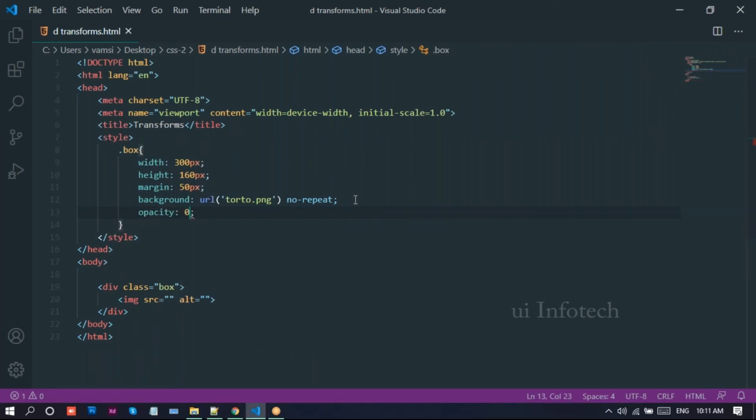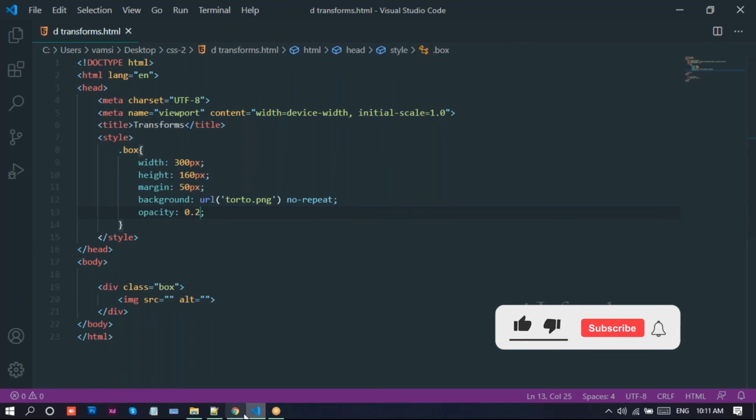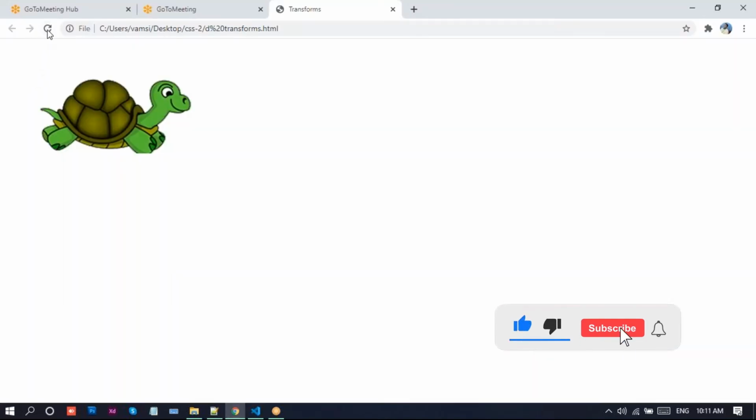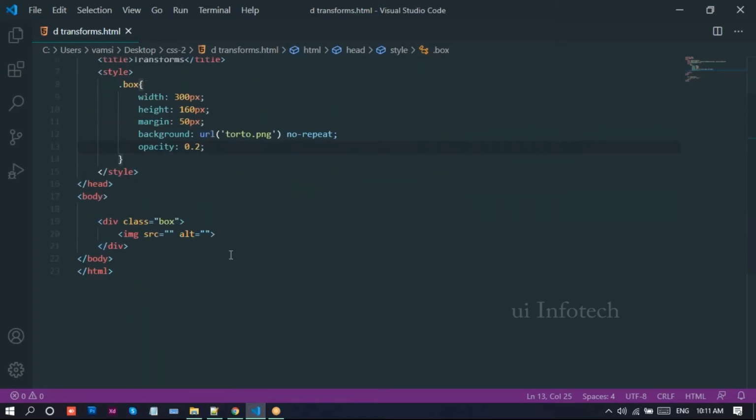For this tortoise, I'll apply opacity, I'll provide 0.2, and reload the page.